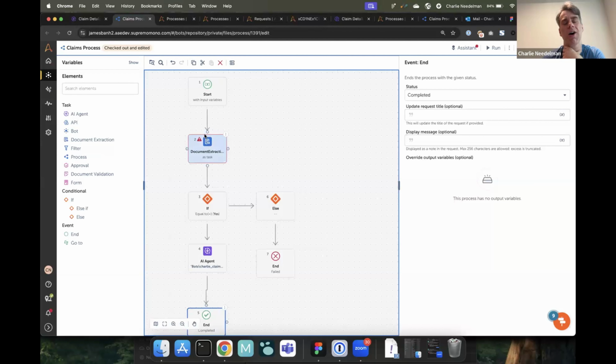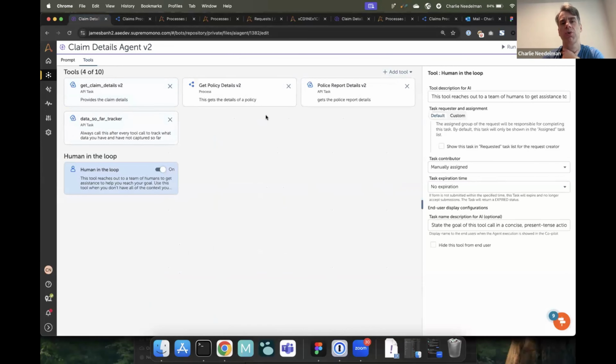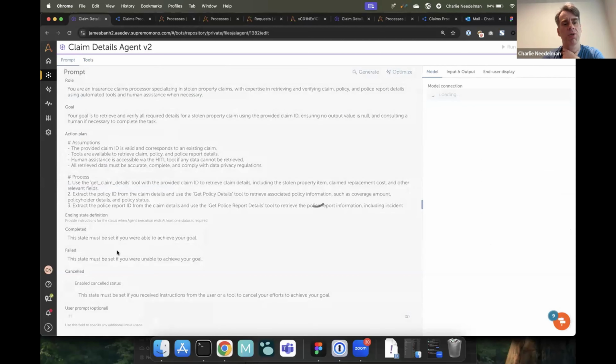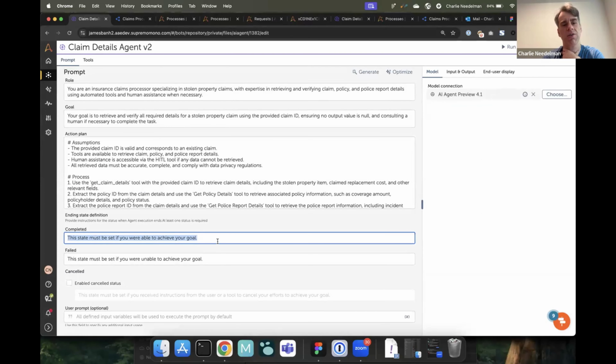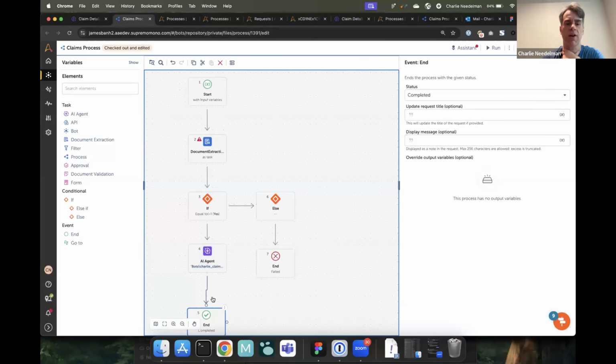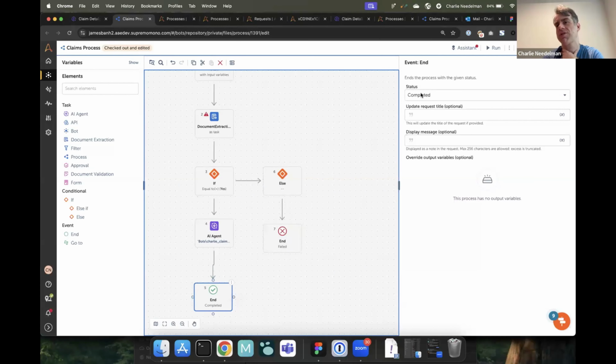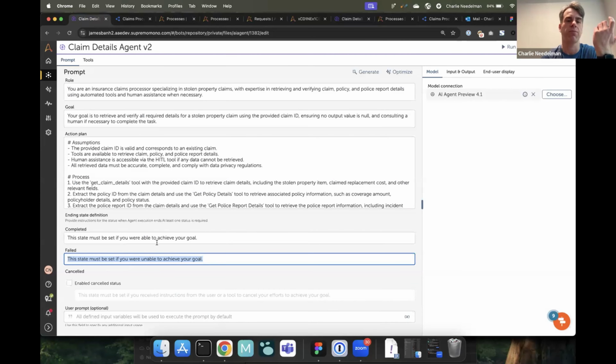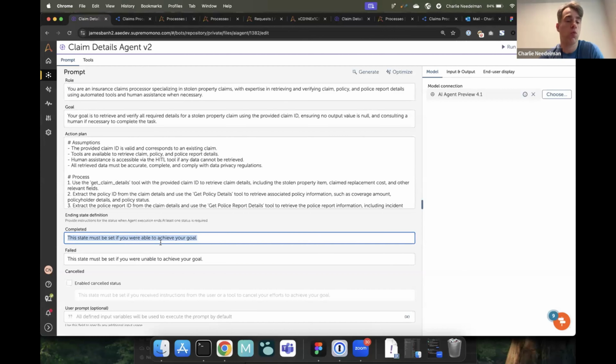Doc extraction. This is the step in a process. Remember, we talked about you extract the information, you can then send it to the agent. And then I was just showing the tools have no particular order, right? And I was showing you've got a completed state, a failed state, right? Same thing that you would have in a process. So we designed it to have similar states to a process, right? Completed and failed. So again, it's not deterministic in the same way that we think of a process. You just type in what it means for the LLM. Again, for the LLM, if it achieves a goal, it's completed.